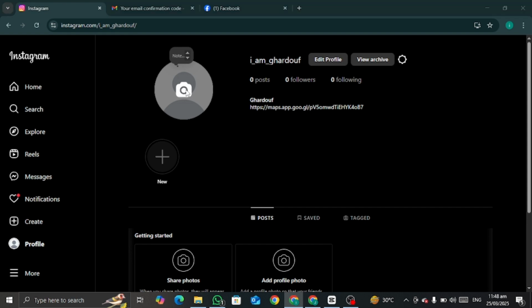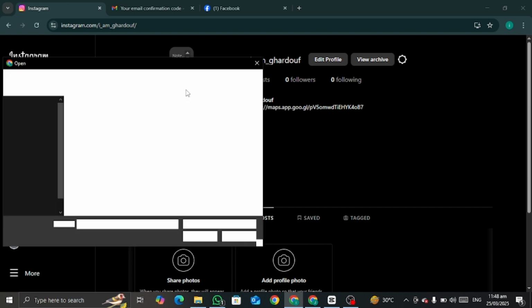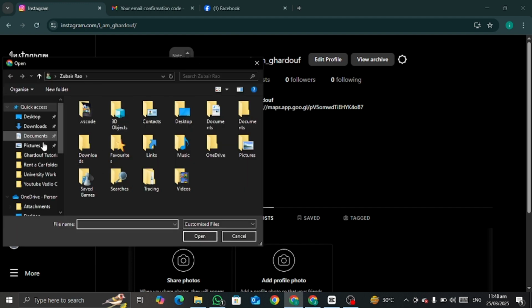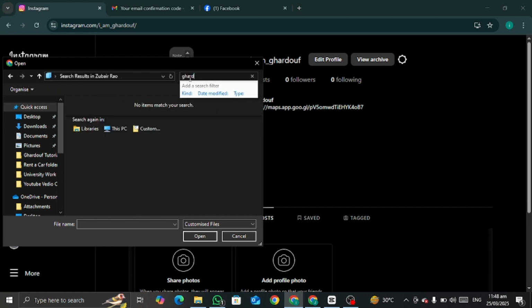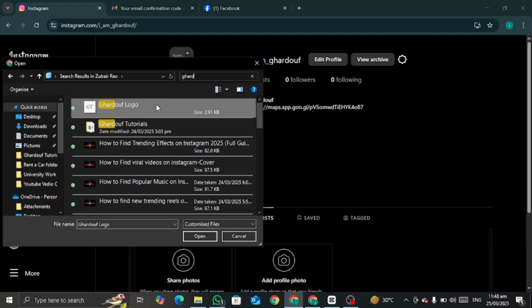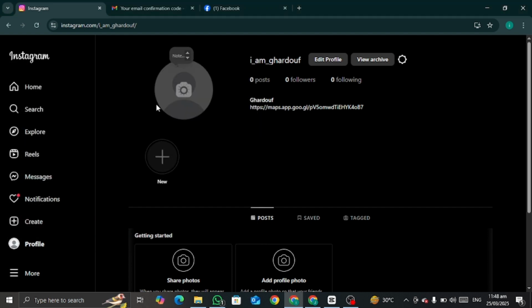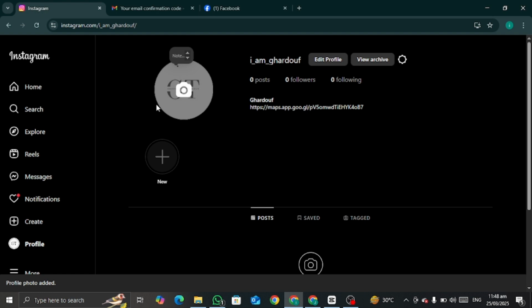and now you will be directed to your files where you can upload a file and you can also drag the file. So just search the name of the file that you have saved and just click on the file and it will be uploaded. And as you can see that the file has been uploaded and the profile picture has also